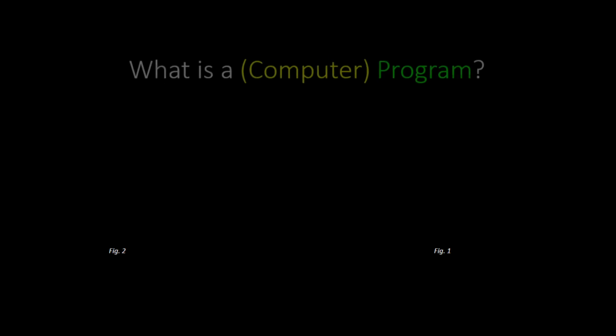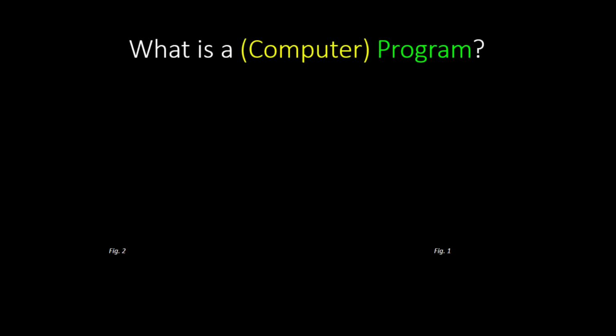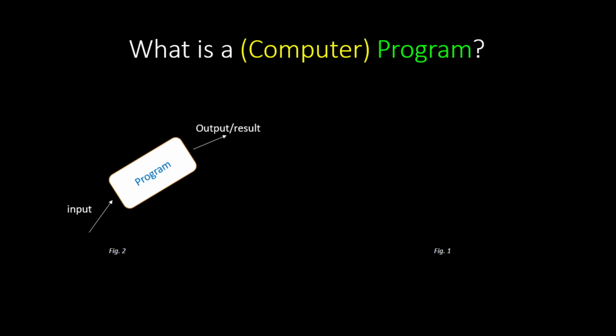So let's try to understand what a computer program is first of all. A computer program is a set of instructions that we give to a computer, which takes a lot of inputs from the user who's trying to program, and in turn, it works on the inputs and some logic which we instruct the computer to follow, and finally, it gives us the output.